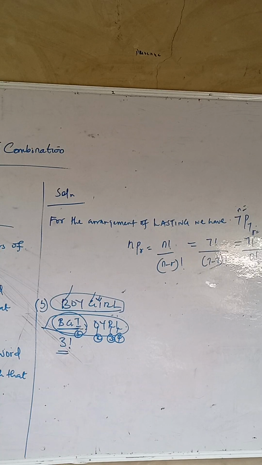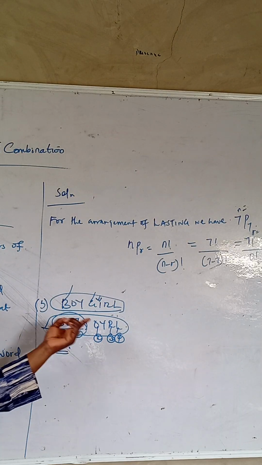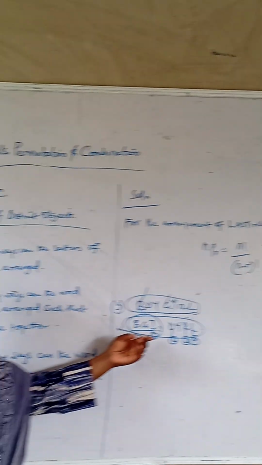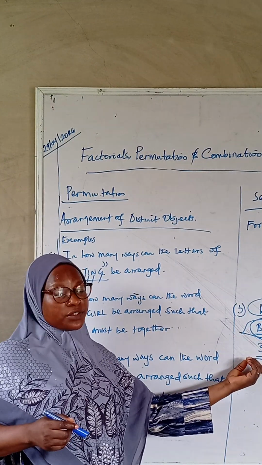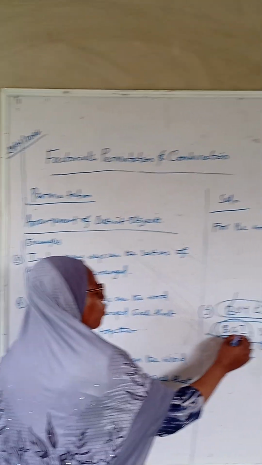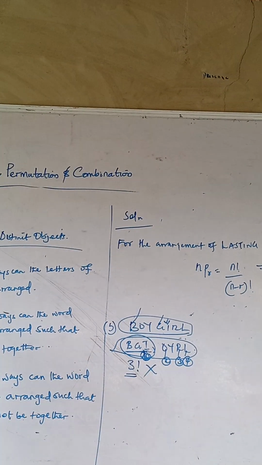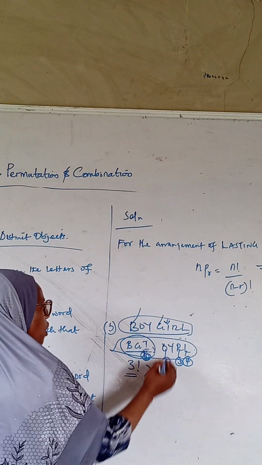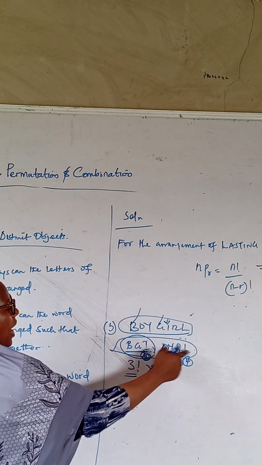You are not separating them again. Anyhow you want to arrange this, BGI must be together. So if you want to put other letters into consideration, when you want to count, after these 3 factorial, you say times. How many letters do you have? 1. The whole of BGI will be 1 letter. Then OY, how do you? This one will be